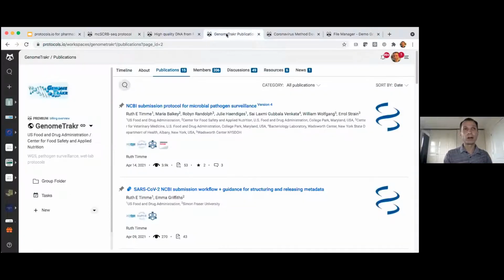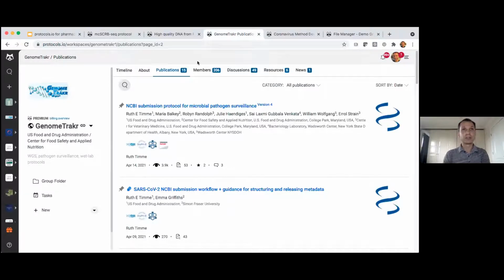And before I stop with the live demo, there are just a few small things that I wanted to highlight in terms of the workspaces and the organization specifically for industry use. And so again, the protocol that I highlighted was an example of a public protocol, but most of the workspaces that we have are private and secure.